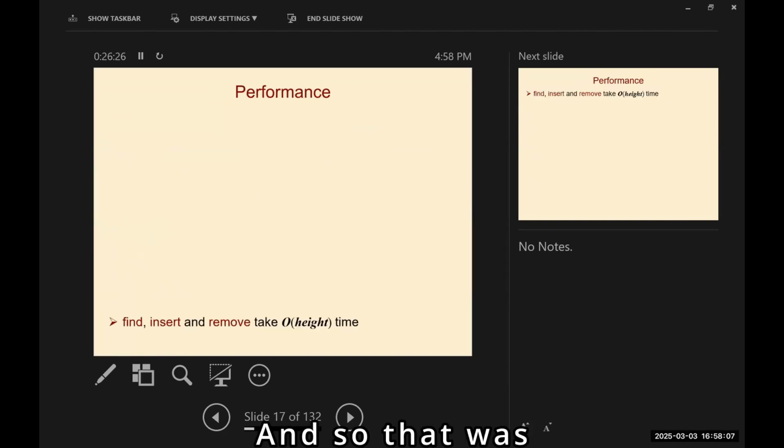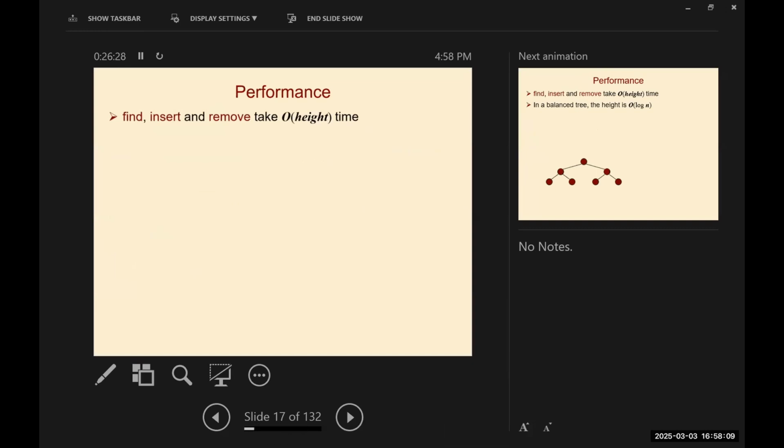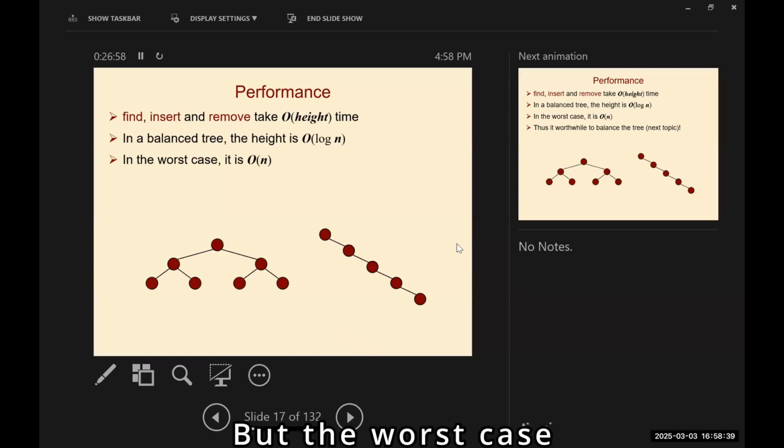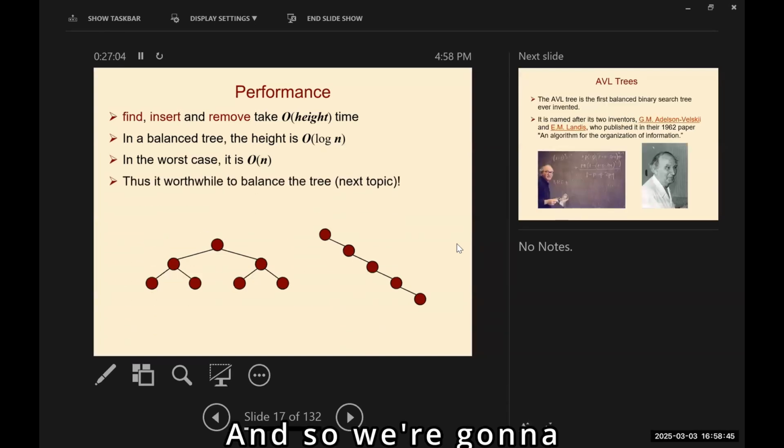And so that was the whole thing, right? So now we know how to insert and delete where the running time is the height of the tree. Right? Everybody good? So now what we want to do is we want to balance the tree. All right? And if it's completely balanced, then it's of height log base 2. Right? But the worst case is pretty bad. Right? And so we're going to